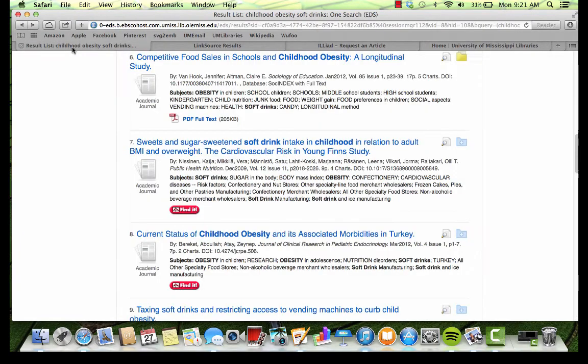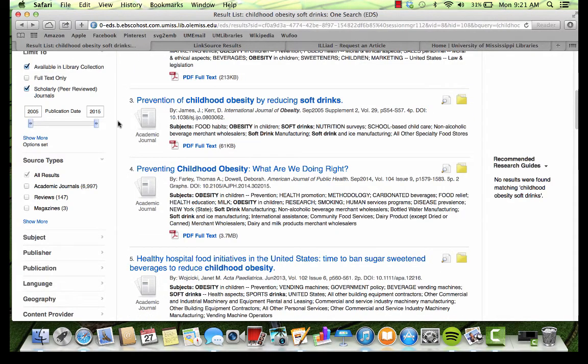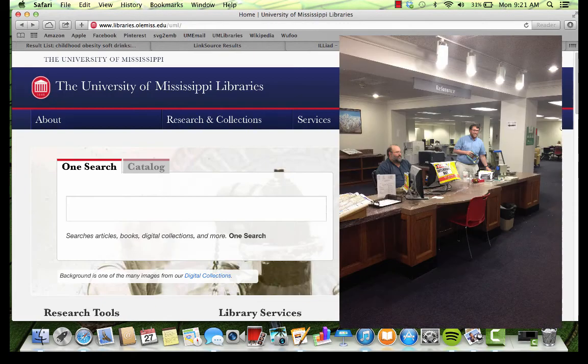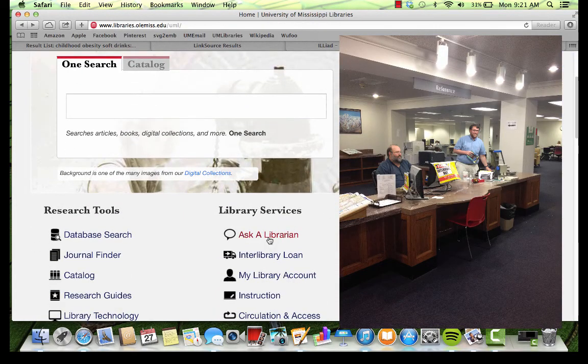Remember that if at any time you need assistance with any of these steps, you can ask a librarian for help, either in person at the desk on the first floor or by using our chat